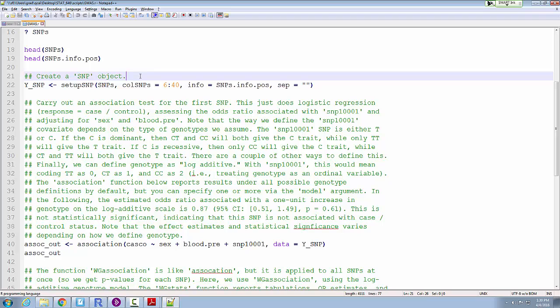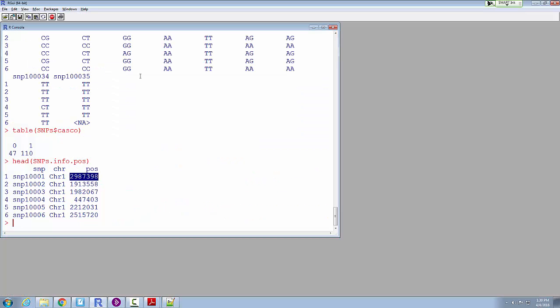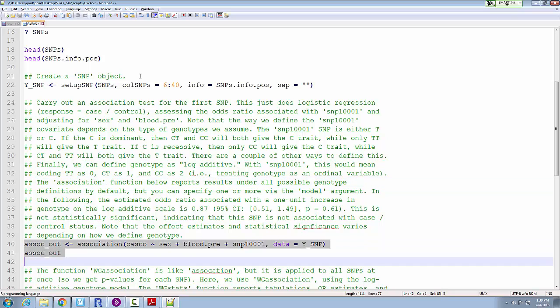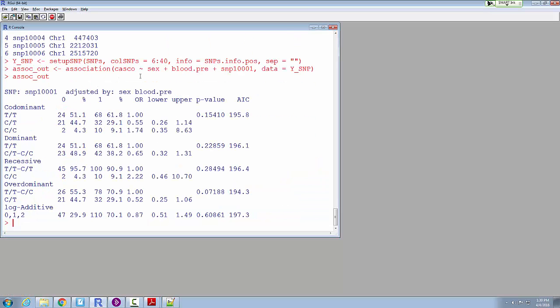Let's do this. And then let's do this. That's the output of doing the association test. And we'll fill in some of the gaps of what all this is next time. For now, let me just say,